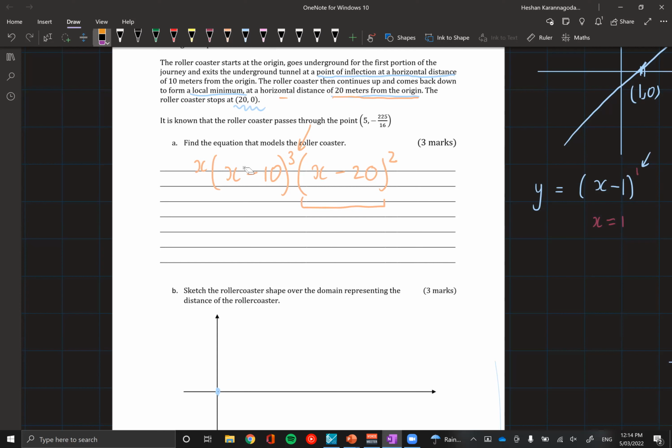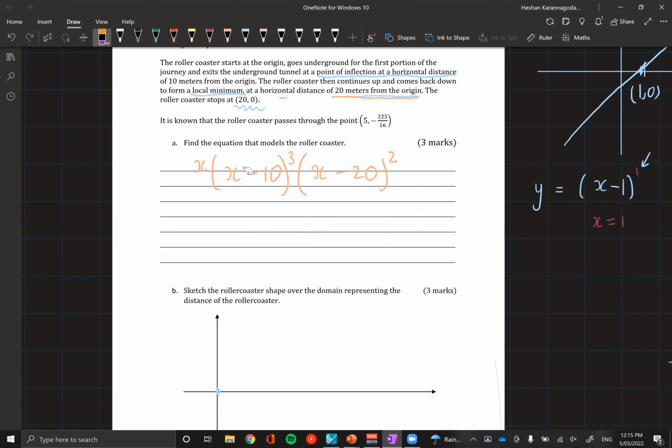Yeah, I've got a question. Because it said local minimum, is the equation going to be any different? Is that factor going to be any different whether it's a local minimum or maximum, or is it just going to be squared regardless of what type of turning point it is? Well, the thing is, if it's a local minimum or a maximum on the x-axis, it's always going to be squared, right? But if it's not on the x-axis, it means it's just a normal turning point. So these factors only come from intercepts.